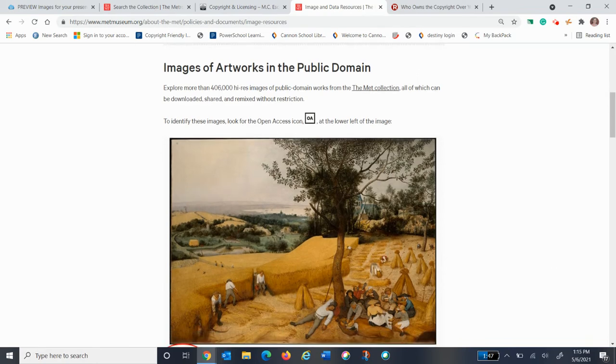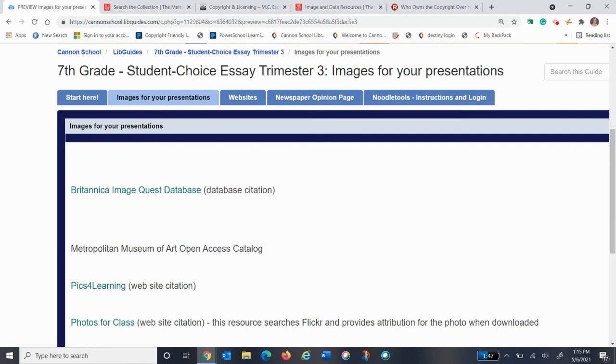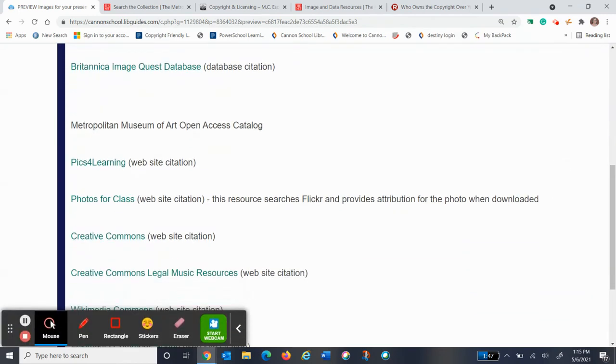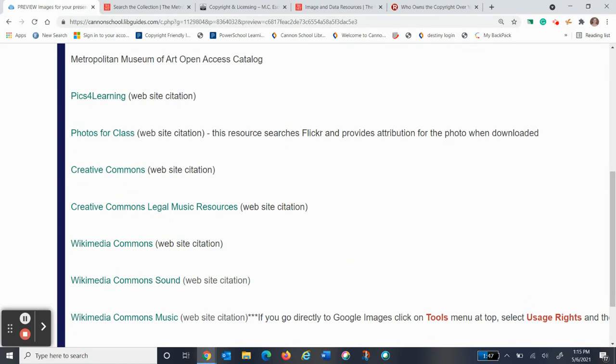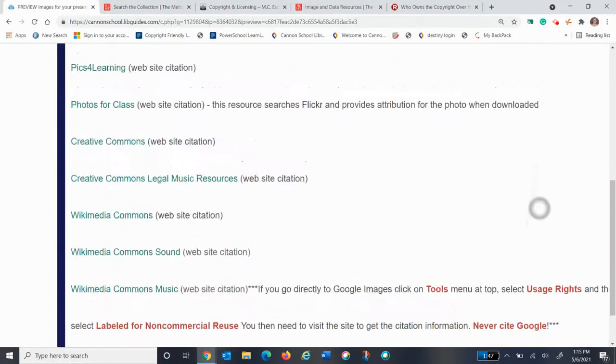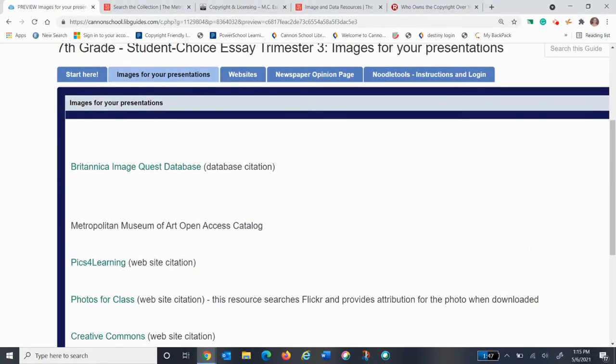So my point here today is that all images need to have permission, unless you use the resources that are located here. These links here provide you with images that are copyright friendly as long as you give them credit in your Noodle Tools Works Cited.